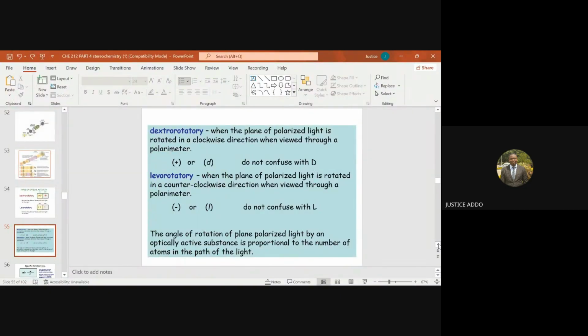It is normally denoted by plus or the letter D. Then levorotatory is when the plane of polarized light is rotated in a counterclockwise direction when viewed through a polarimeter. It's also denoted by minus or L. The angle of rotation of plane polarized light by an optically active substance